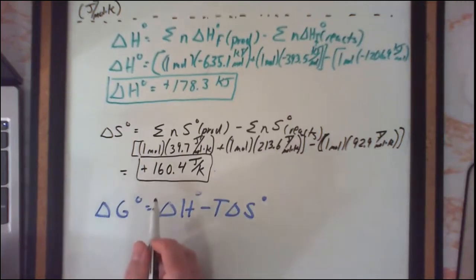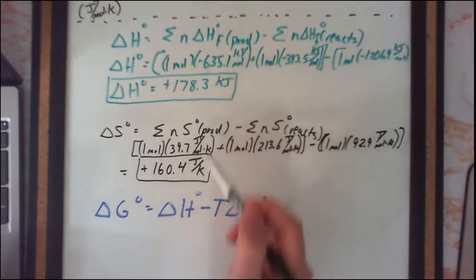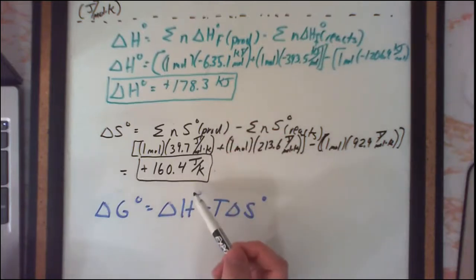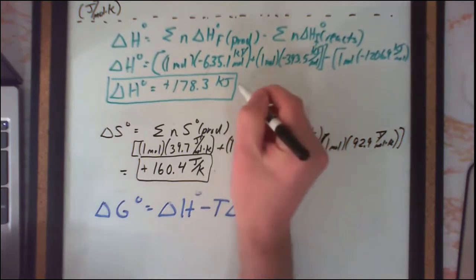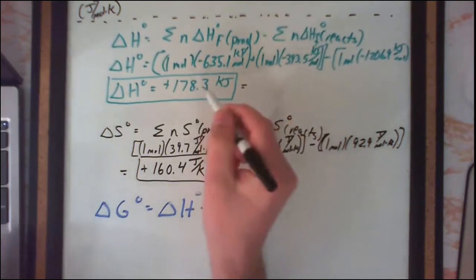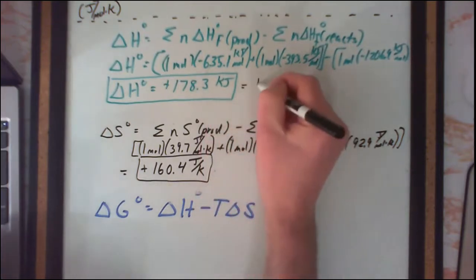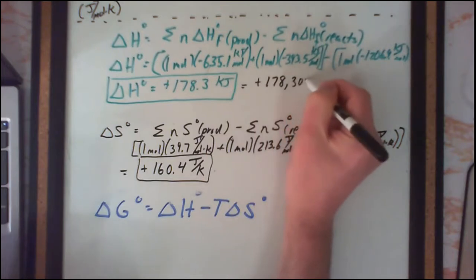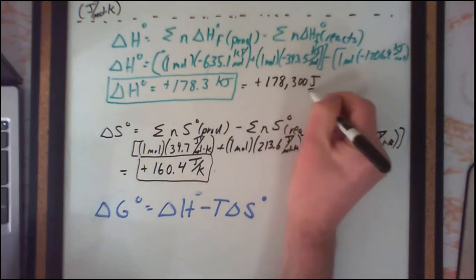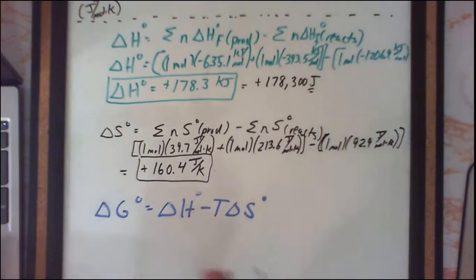When we do so, though, we want to be careful because we have kilojoules for delta H and joules per Kelvin for delta S. So we're going to need to convert kilojoules into joules for delta H. So that's one approach we could take. So 178.3 kilojoules, of course, is equivalent to 178,300 joules. So that'll be the number we'll use in our equation to make sure the units work out. So we plug our numbers in,